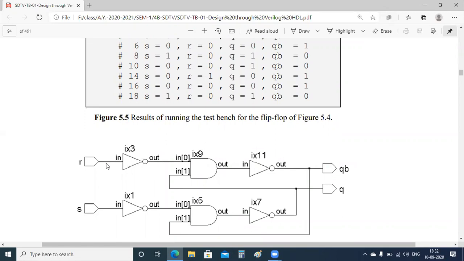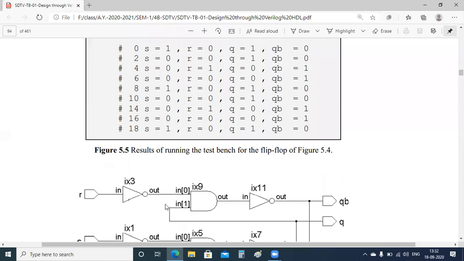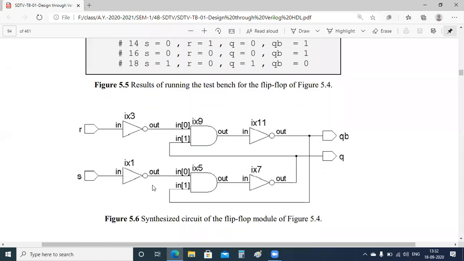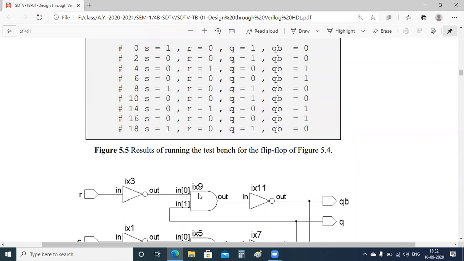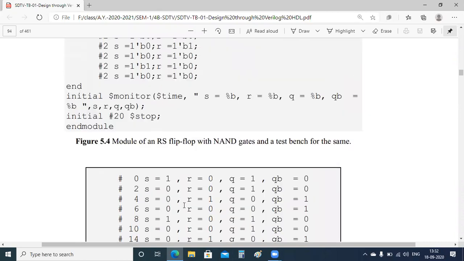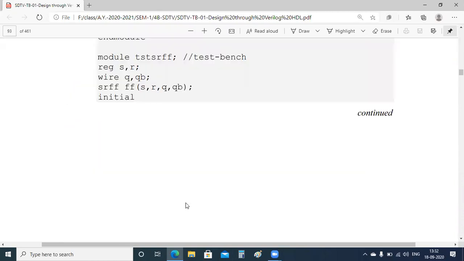For that I am giving some input combinations. Previously I directly gave the R value and S value, SB and RB. Now I am giving the negation of those as input to this gate. Then I can have my RS flip flop procedure.